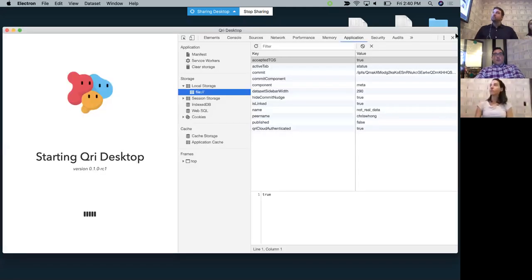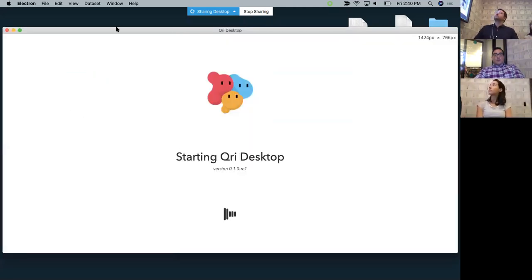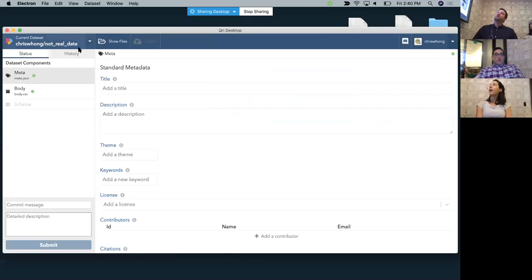There we go. Okay, let's close these DevTools. All right. Yeah. So